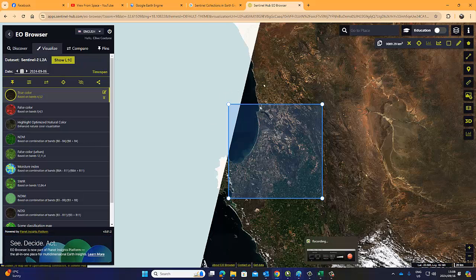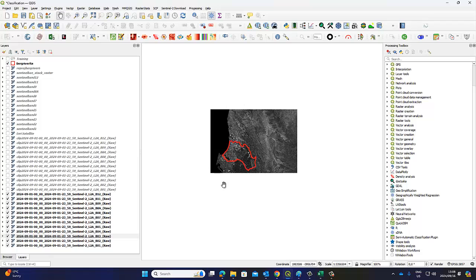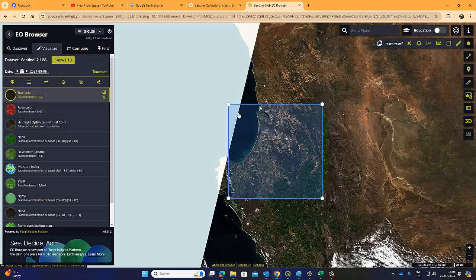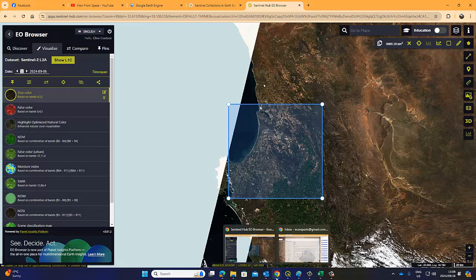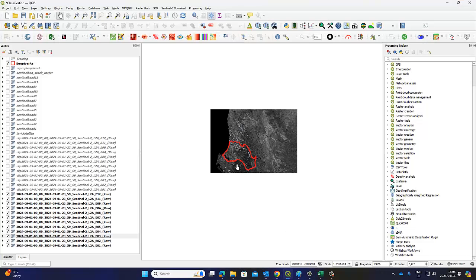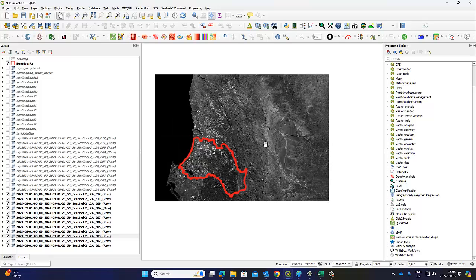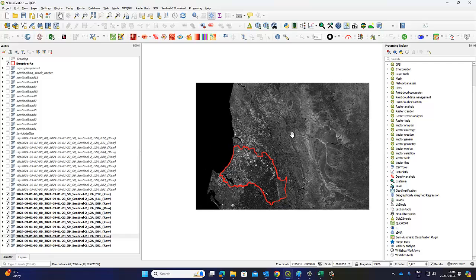And when I open it, there's my square, which is exactly the same as the square here. And then obviously you can see my region of interest is fully covered by this defined area. So obviously I'm not interested in what's happening outside my region of interest. But these are the raw files that I've downloaded now from